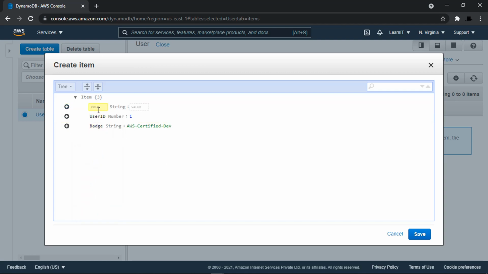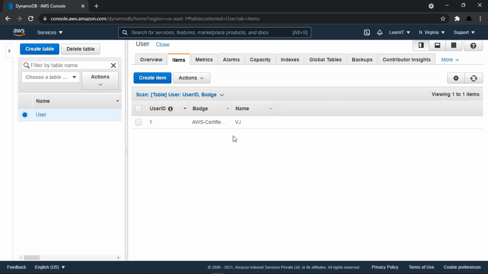Let's add a new attribute of type string, and I am adding a new attribute name, and I am giving the value as VJ, and let's save this record. Now you can see here we have inserted one record in our DynamoDB table with user ID as 1, badge as AWS certified dev, and name as VJ.